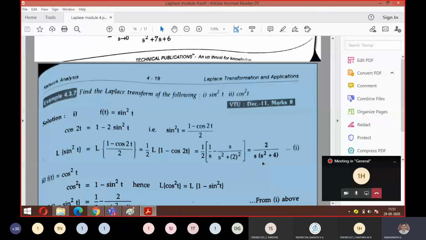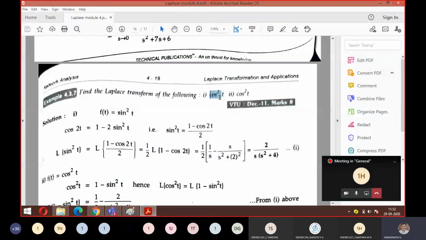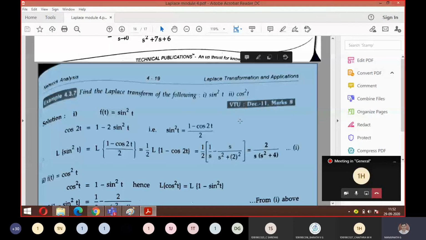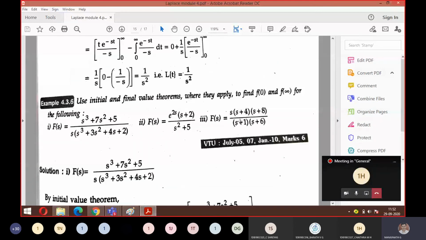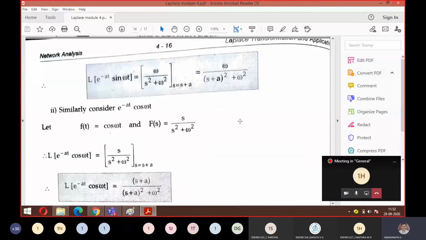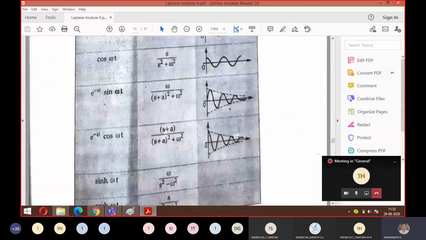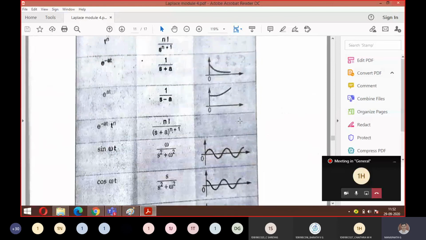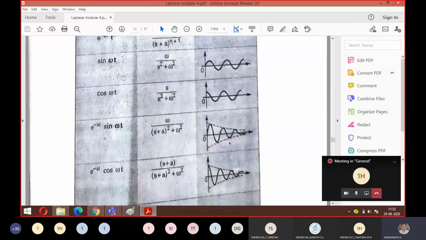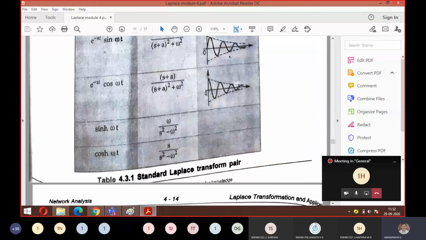How to find the Laplace if they give such kind of questions? So you can look at the marks. It says 8 marks. It means 4 marks for sine square theta and 4 marks for cos square theta. So if you remember the trigonometric formula and the chart that I told you, the chart plays a major role. Just as we wrote the formulas for your resonance on one page, I want you to maintain the same thing for Laplace, what I'm showing now. You can just make a note of this. It will help you. Along with this, add the trigonometric formulas: e power, sine theta in terms of exponential, similarly sine square theta, cos square theta formulas, and you will have them at a glance. It will be easy for you. Am I clear?